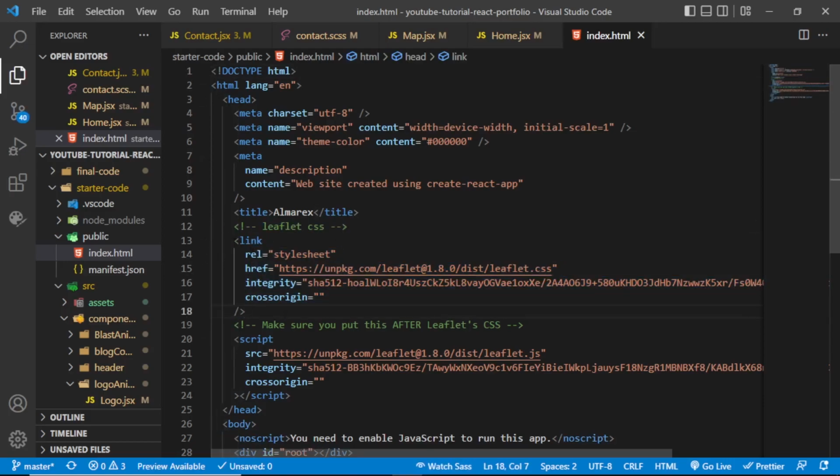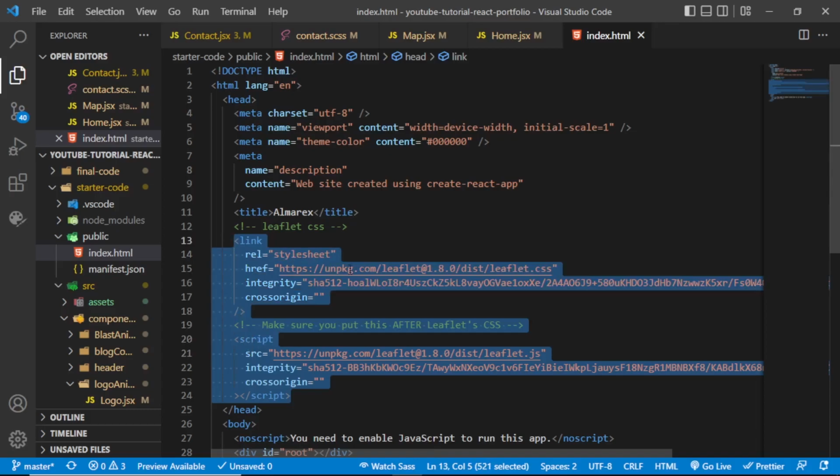The first one is the custom style that is going to be added to the map. And then the second one is the JavaScript CDN that is going to add some functionality to the map. But don't worry, you should see the CDNs in your own project as well, and we can actually start working with this. But like I said, the link to the official website is going to be in the description below,